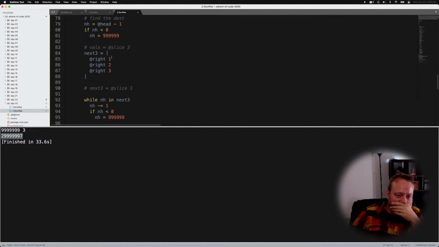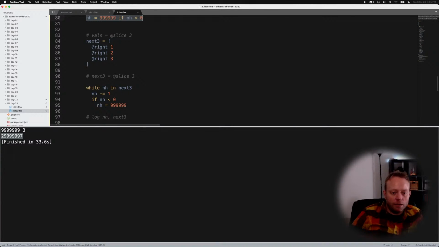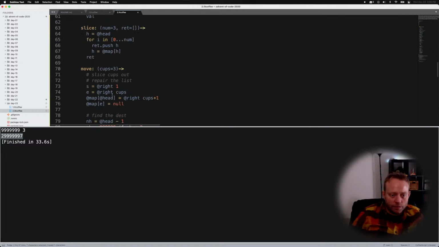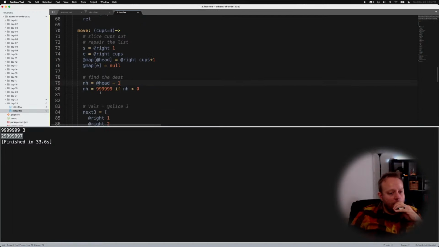So if the new head is less than 0, we want to wrap around. Okay. And okay. So we're gonna subtract equals 1. Okay, so we got our head. So this is the destination. We're at the head. And we want to set the value equal to head minus 1. And if it's less than 0,